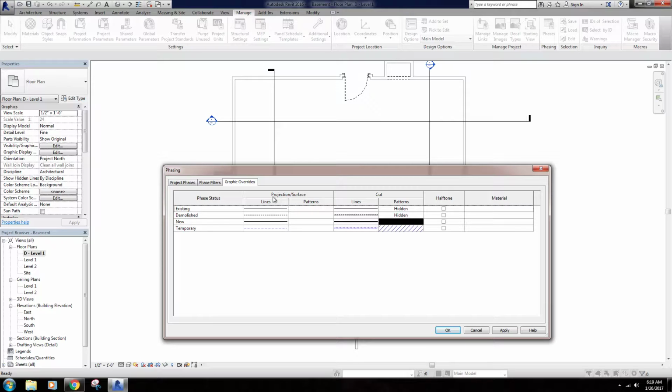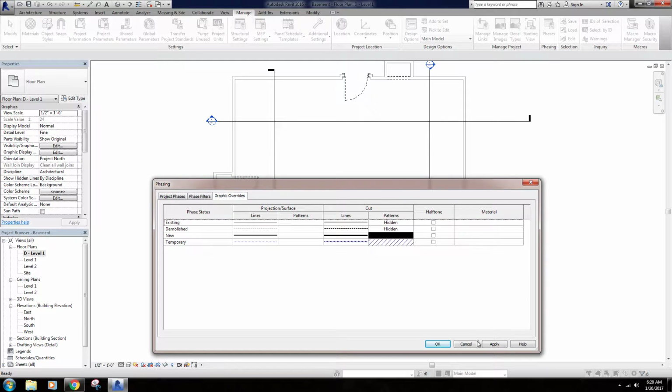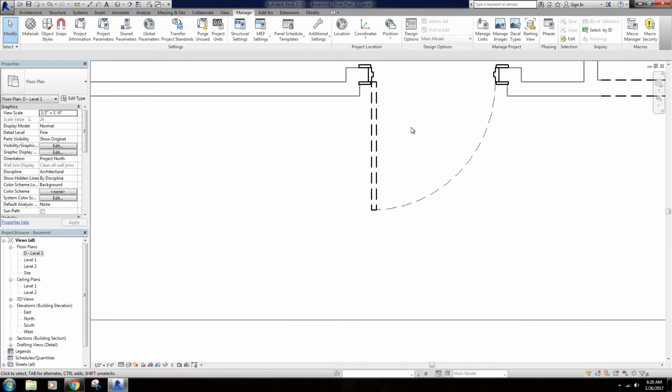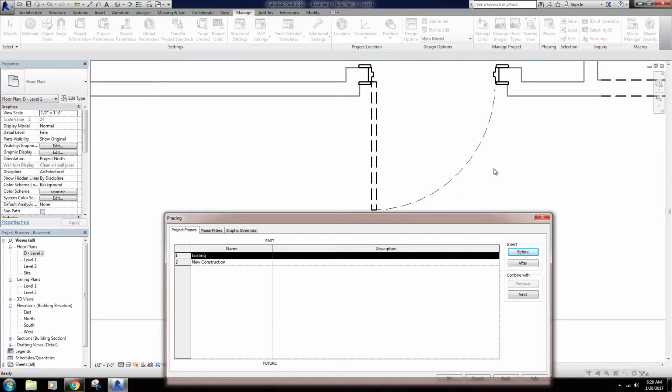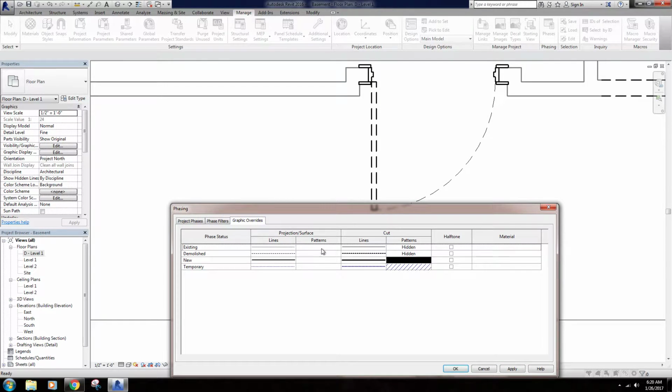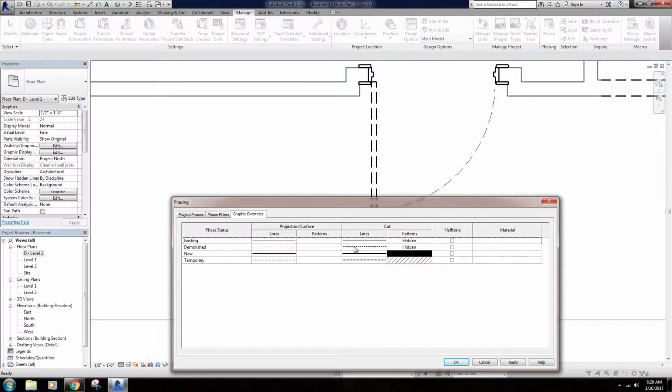The difference between a projection and a cut is basically, when you look in your view range, whether the cut plane is cutting through that element. So right now, if we zoom in on our doors, you see our door panel has a thicker line weight than the swing does. That is because the swing is technically just on the floor. It's just an element that's being shown on the floor, so we're not cutting through that. So that is the demolished projection line. The door panel itself, we are cutting through at 4 feet, so that is going to default to this thicker line. If I click on this and hit override,